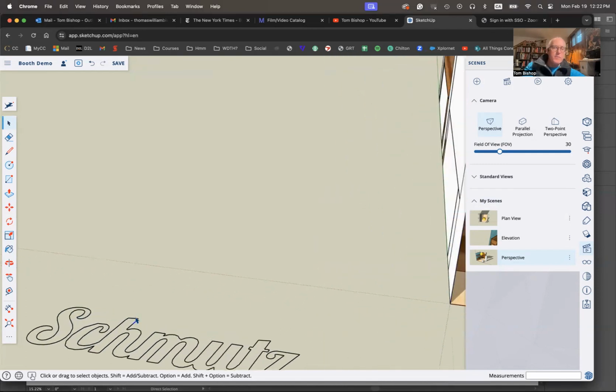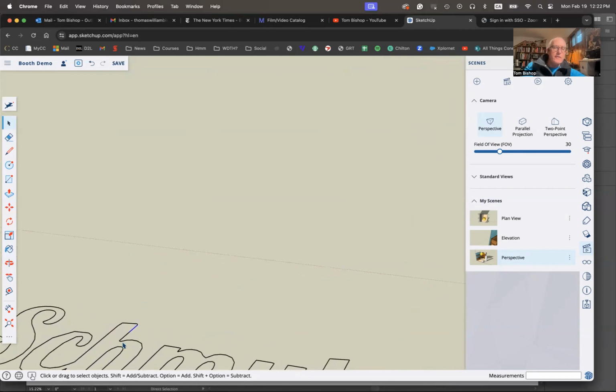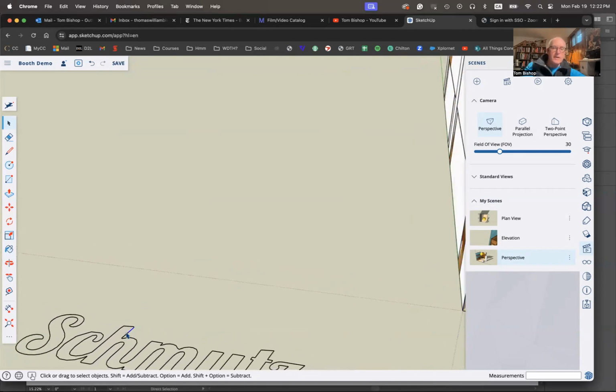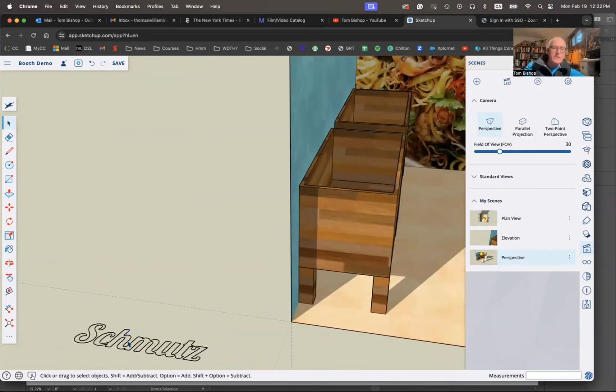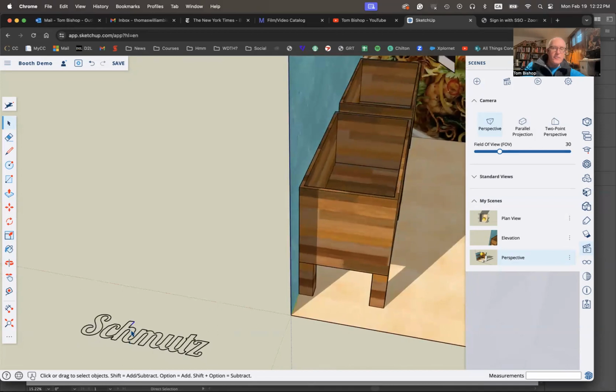SketchUp really hates building things like curves and loops. So basically what it does is break it up into a million little tiny pieces, which are useless. But what we can do is unify them through this really neat little trick that I just want to show you. Grab the rectangle tool,